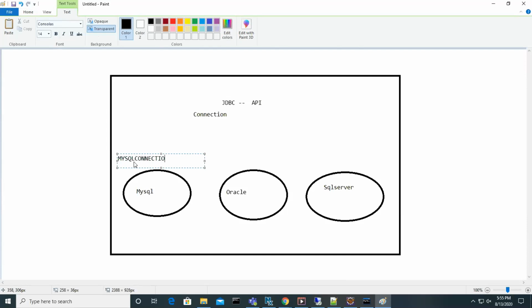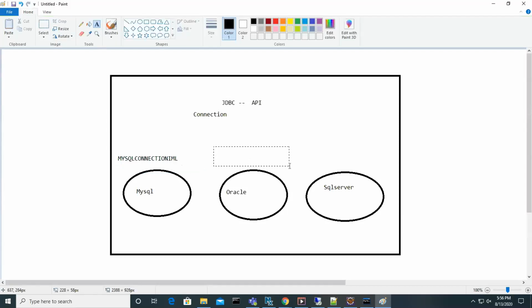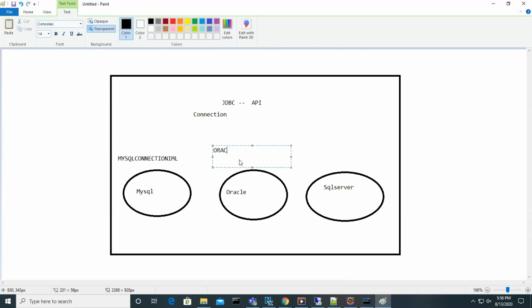Let's say this is the interface, guys. Whenever they are implementing for MySQL, what is the class name? MySQLConnectionImpl. The class name itself is MySQL connection implementation. And let's say this one, Oracle connection implementation. And these guys implemented SQL Server connection implementation.